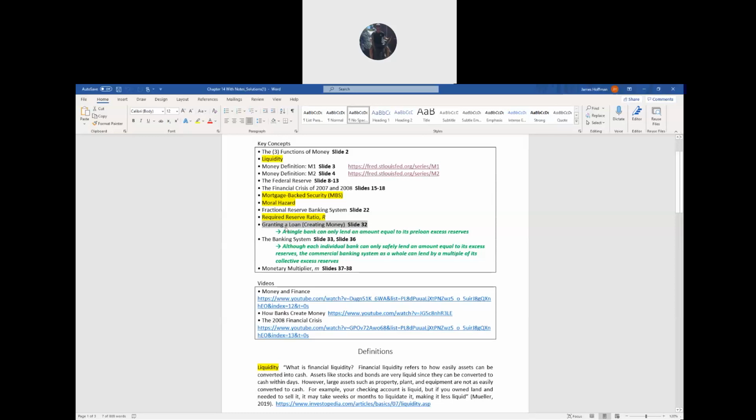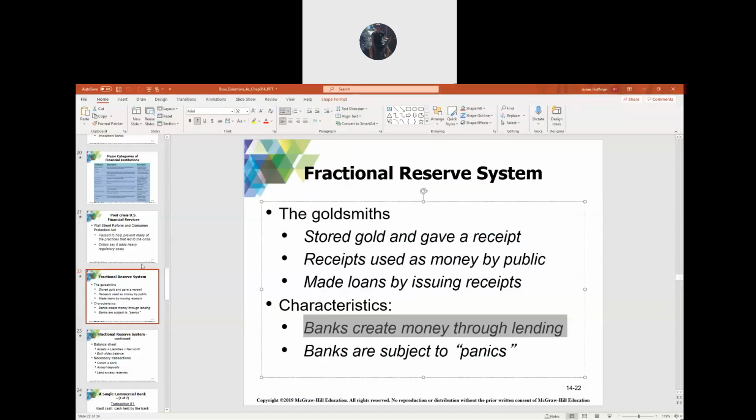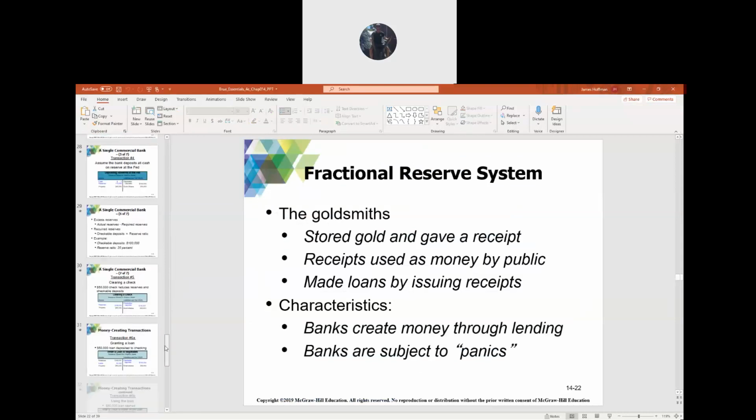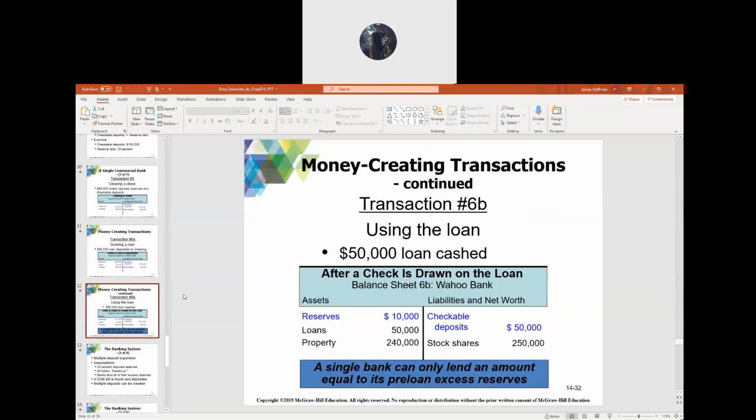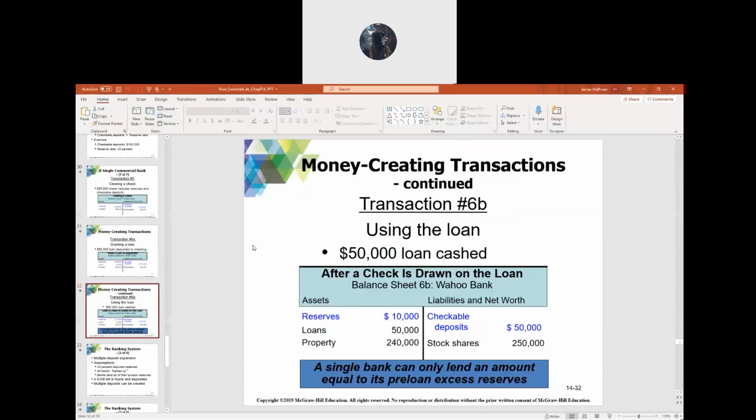So, oops. Oh, is this where I went? Slide, slide 32. Okay, so